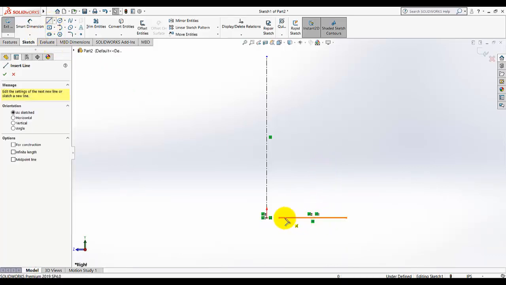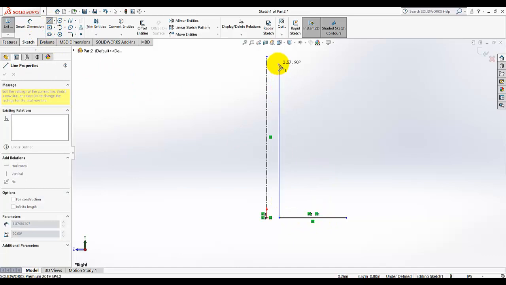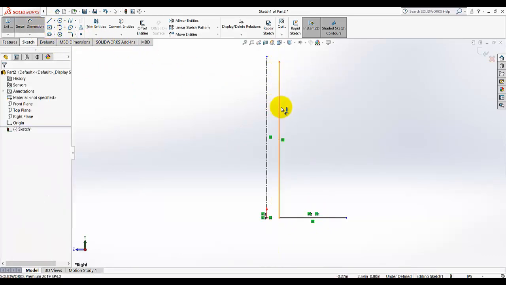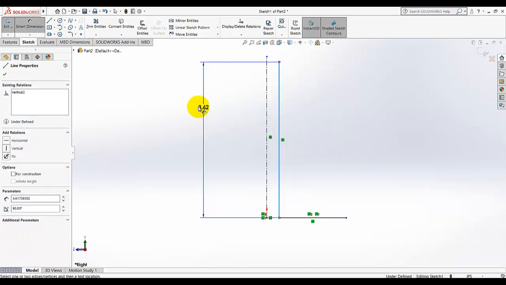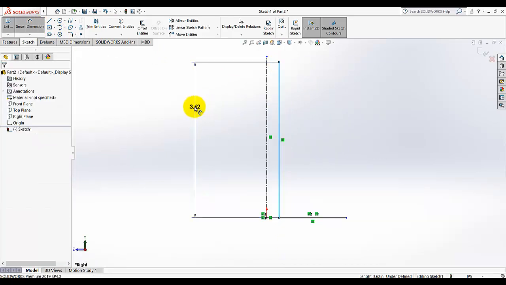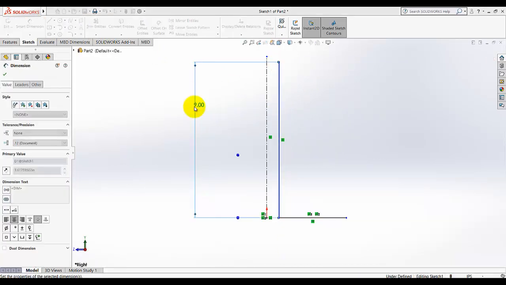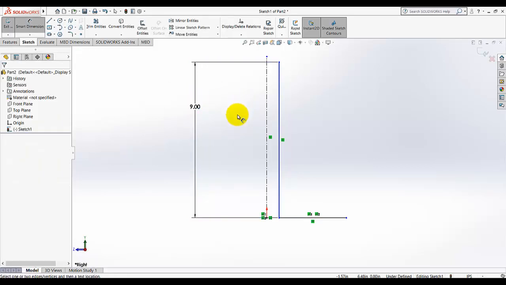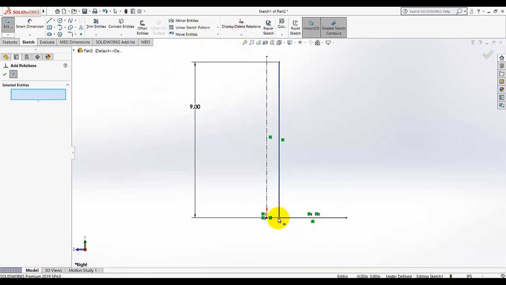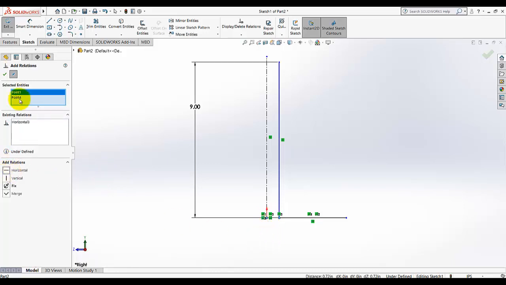and again draw a vertical line like that, and for this line I am going to give it a dimension of 9 inches. Okay, and now I am going to add a sketch relation for this point and this origin. They both have the relation of horizontal,